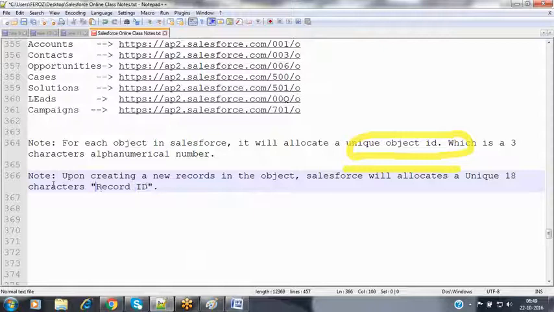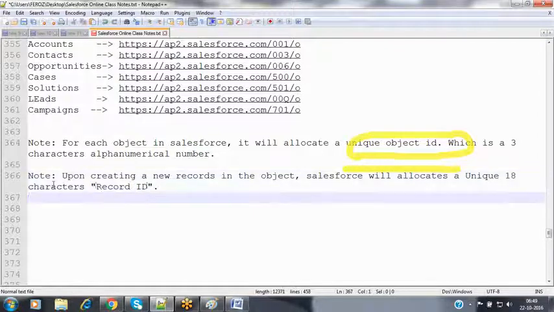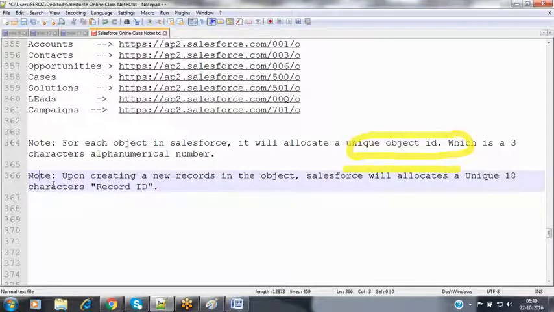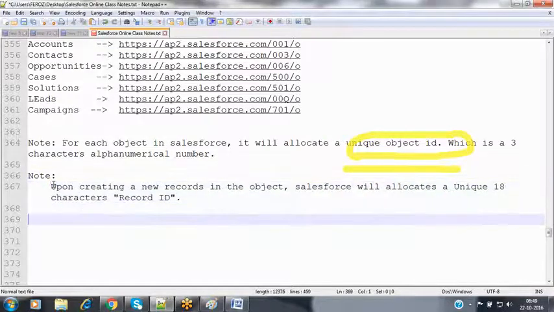What exactly is that unique ID available here? What is the ID of that particular record? For each record, it will allocate that unique identification number called the record ID, which has an 18 characters alphanumerical number.